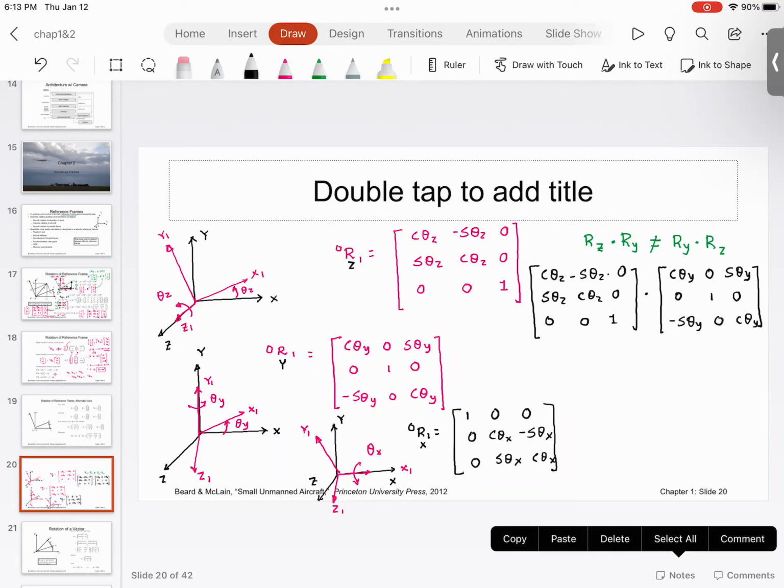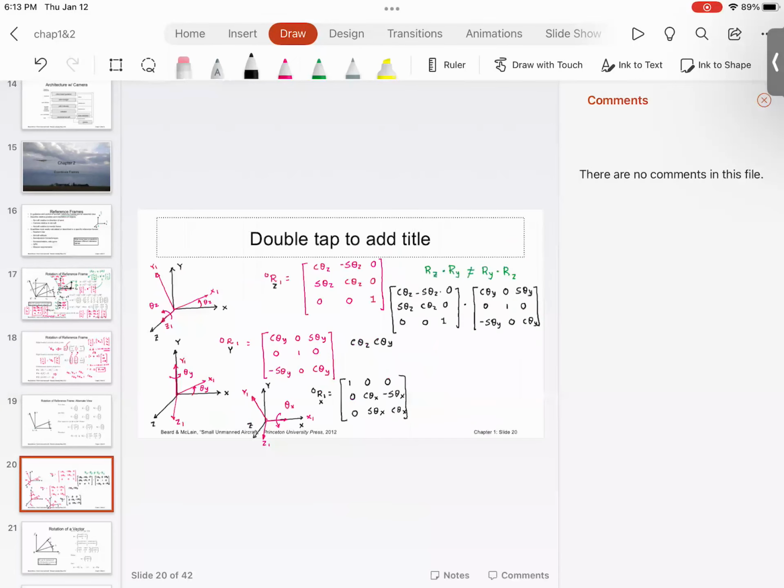And the quickest way to do that is using MATLAB. So you can program this and actually just multiply, and MATLAB will give you the solution. But since we are here, first row, first column is going to give me cosine theta z, cosine theta y. Then I'm going to get, there is nothing else here. Then I'm going to get minus